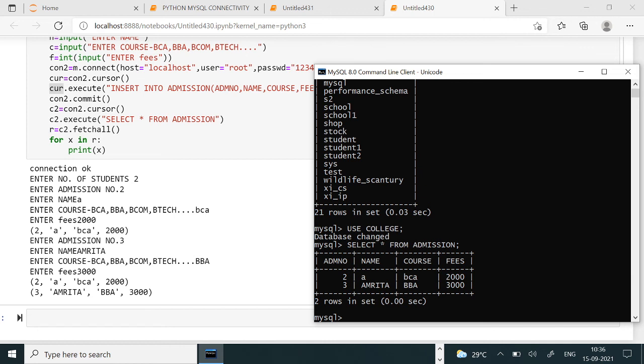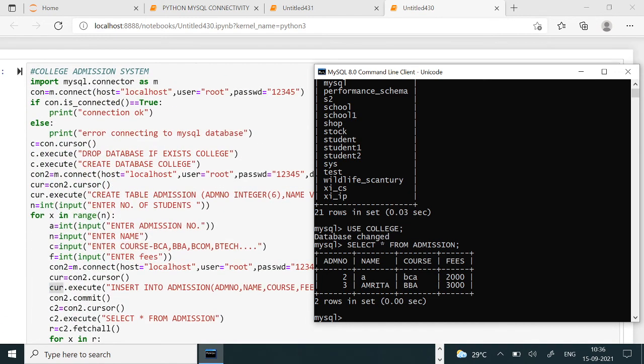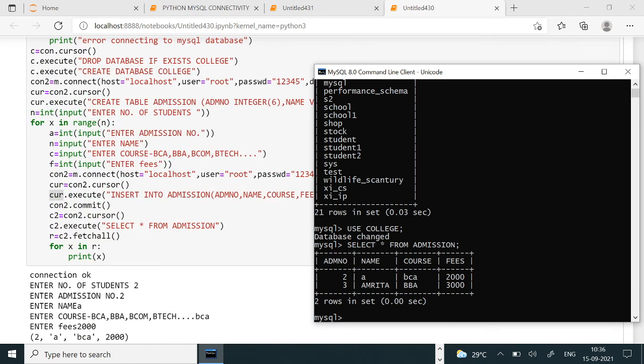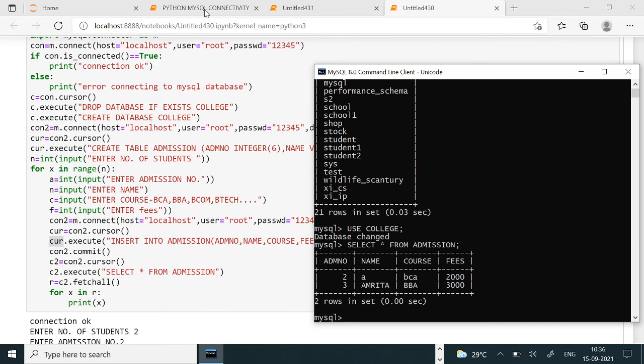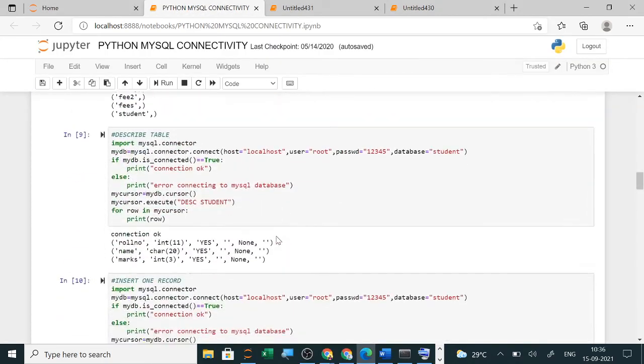So you can keep on adding more and more records if you want using a menu driven. I haven't used a menu driven here. So what is happening? It is creating the database again and again, creating the table again and again, then inserting. So that's why it was showing error previous one. But if I create menu driven, like here it is menu driven.